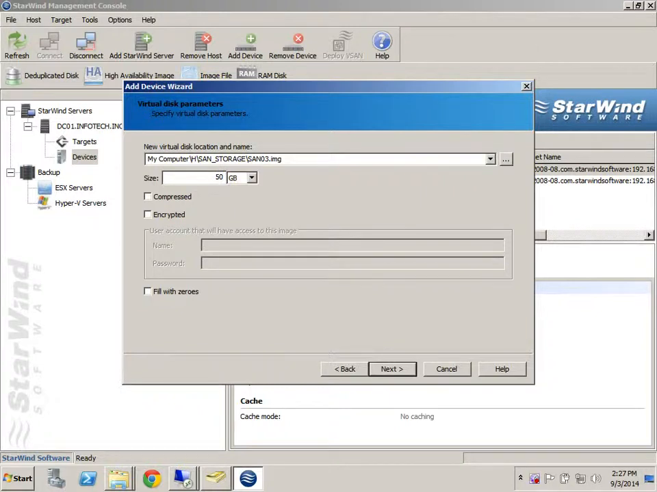I want to put 50 GB. But you can change it, you can use 60, 70, 1 terabyte, whatever you want, but I don't have enough storage, that's why I just create 50/50. So it's 50 GB. Click on next,